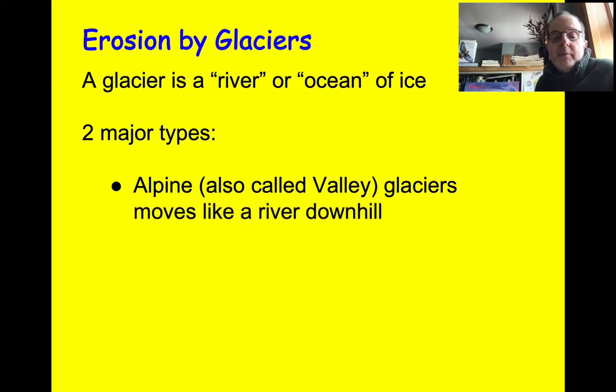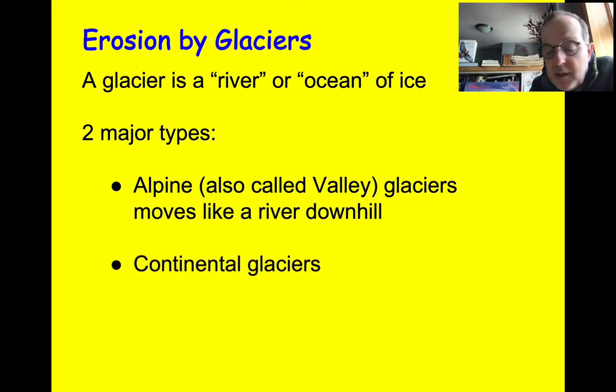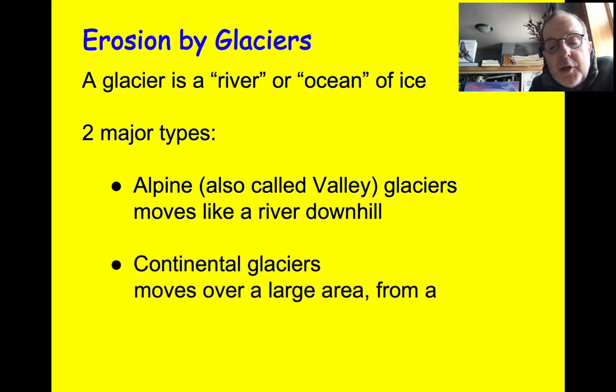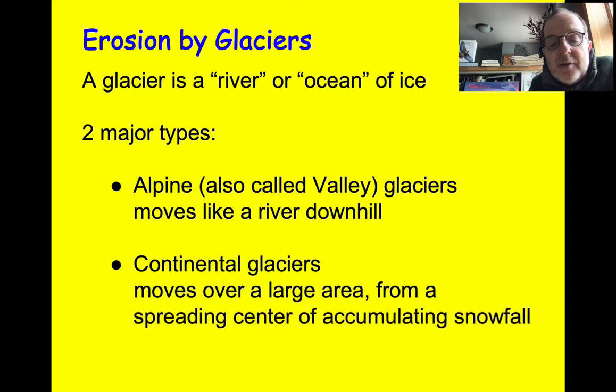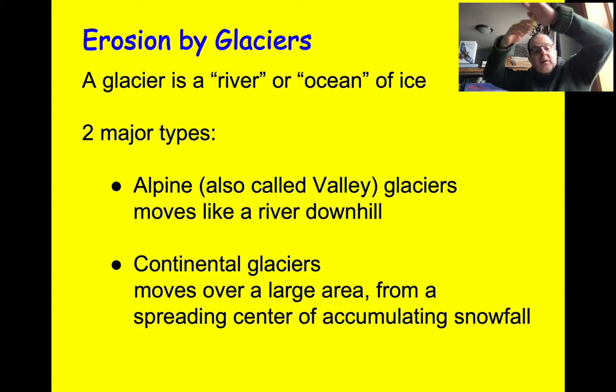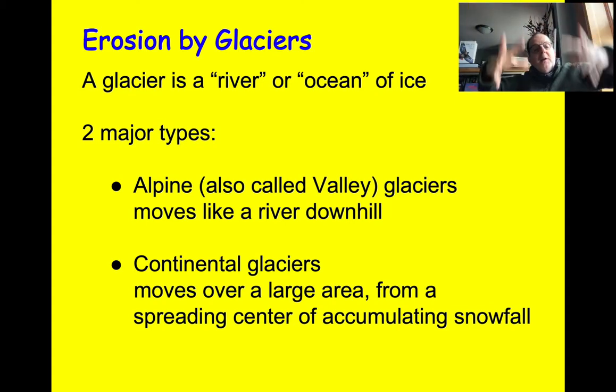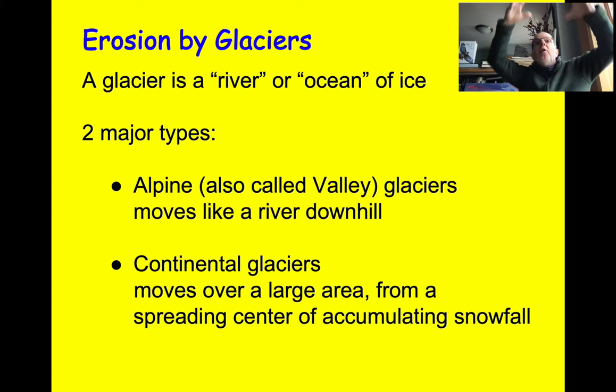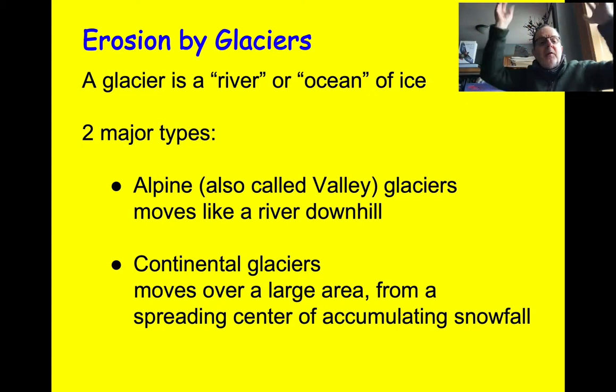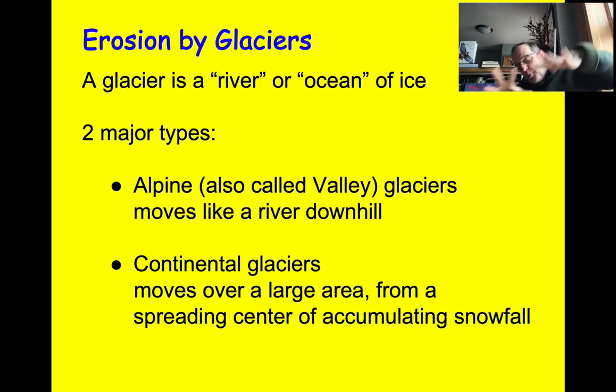It moves like a river downhill, but very slowly, obviously. Then you have your continental glaciers, which move over a large area from a spreading center of accumulating snowfall. So in both cases, you can say that the glaciers are formed by accumulating snowfall. So up at the top of the mountain, the snow falls and doesn't melt in the summer, keeps accumulating, and pushing that river of snow, which then becomes compacted ice, down the mountain. Continental glacier, the same idea,